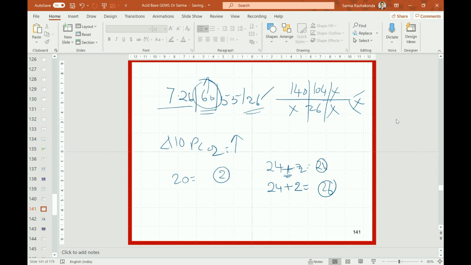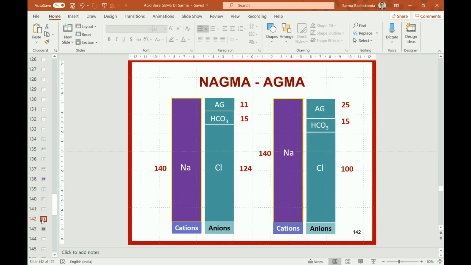Here, the previous one was chronic respiratory acidosis with associated metabolic acidosis. Here it is acute respiratory acidosis, well compensated, and there is no extra bicarbonate or anything. There is no higher or lower bicarbonate. It is exactly what we expected. So there is no shift in the metabolic parameters, so there is no associated metabolic disorder. Okay. Now let us do something more.